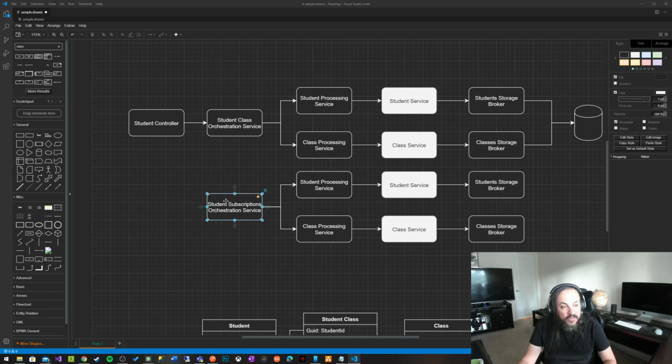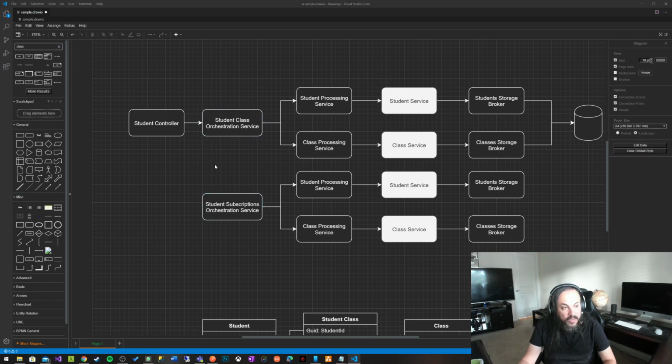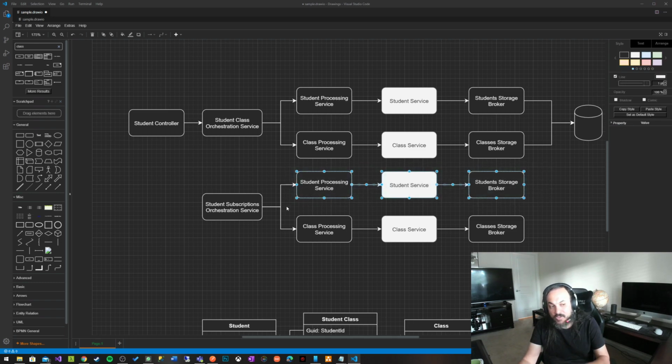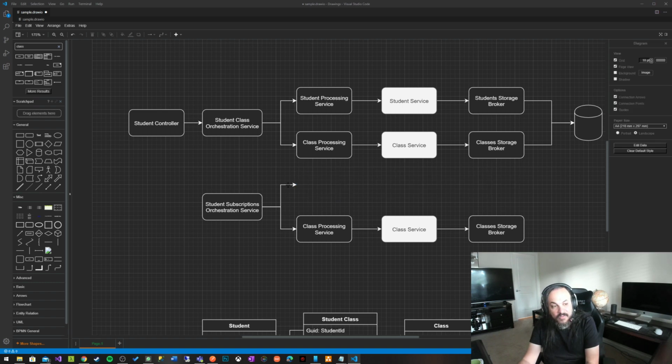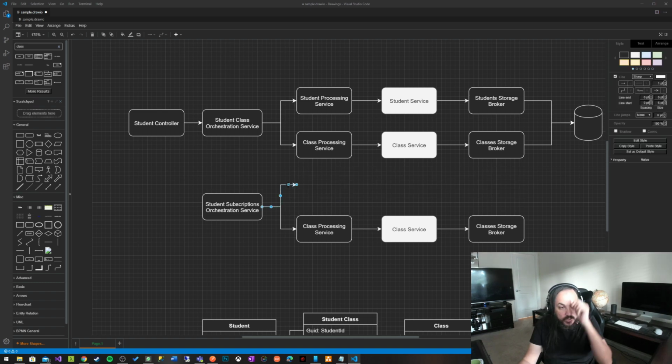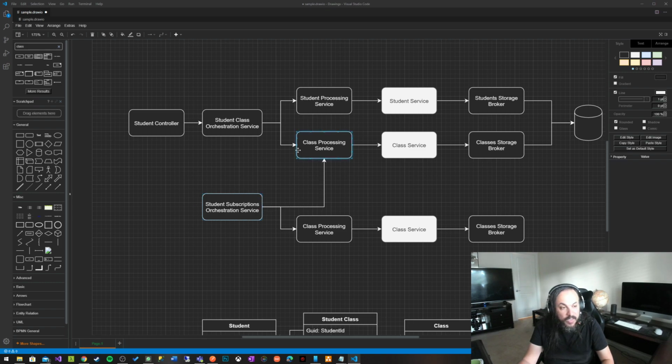That student activities orchestration service orchestrates the work of whether I want to completely unenlist a student from all the subscriptions, maybe library subscriptions, maybe particular activity subscriptions. In this case, this guy will be doing a little bit of orchestration between the student service like this